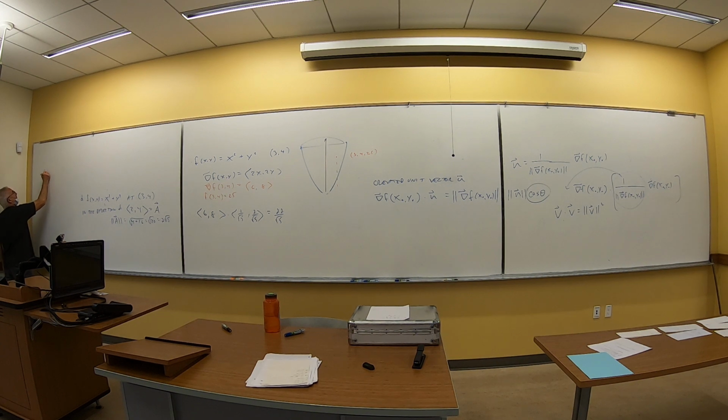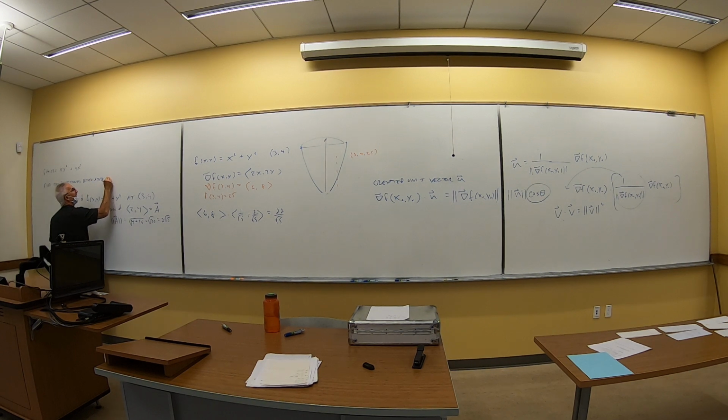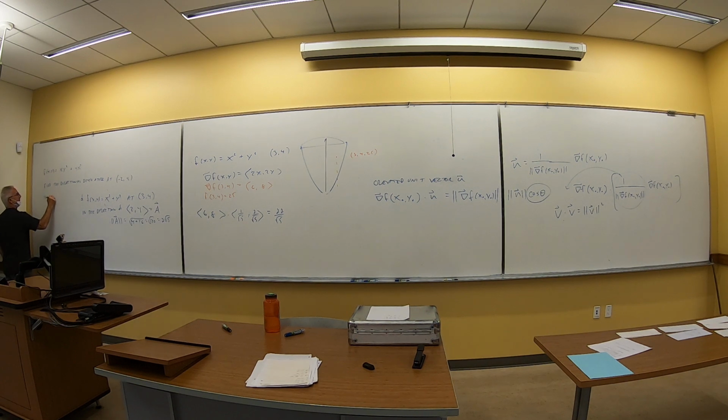All right, let's consider f of x, y is, I don't want it to be too complicated. I'll say xy squared plus, I don't know, 4x squared. Kind of simple. All right, we want to find the directional derivative at, let me just pick a point at random. Let's say negative 2, 4 in the direction